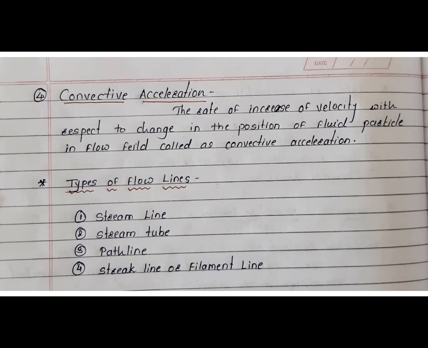It is similar to this type of acceleration, with a change with respect to time, with respect to the space. So how the flow flows and how we can track the particular characteristics of a point or flow is explained by these terms: the streamline, stream tube, path line, and streak line.